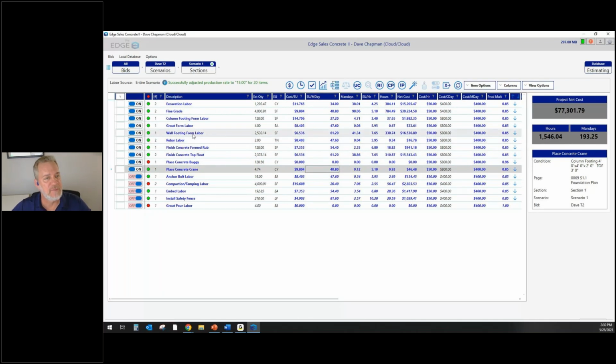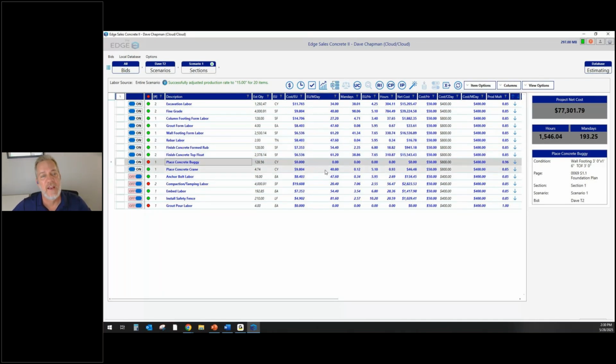The biggest thing, and I'm not going to spend a lot of time on this labor screen, is that it will give you any bombs. We call these red things errors if you're missing some data in here. So that didn't have a production rate, or if I didn't even need to use concrete buggy, I can come out here and update that. So as we're going through this,